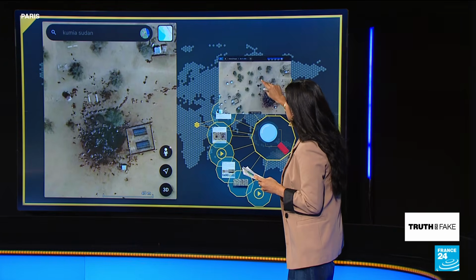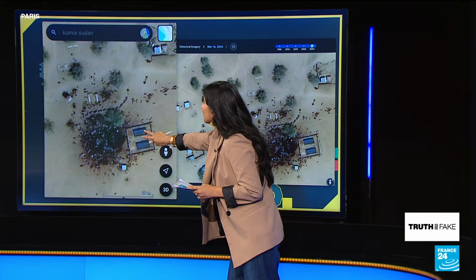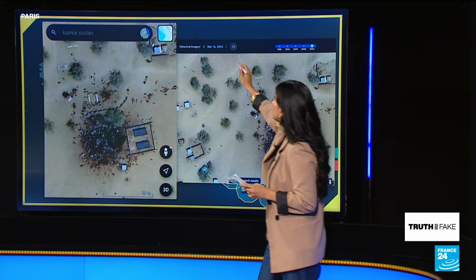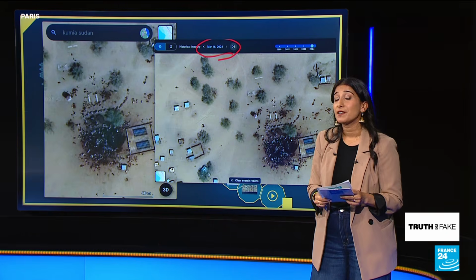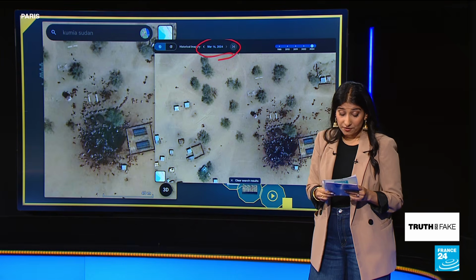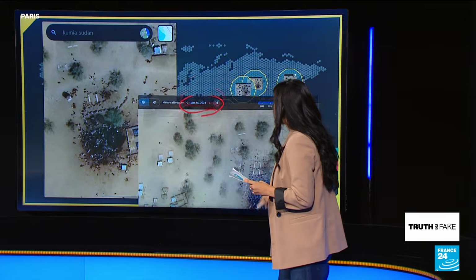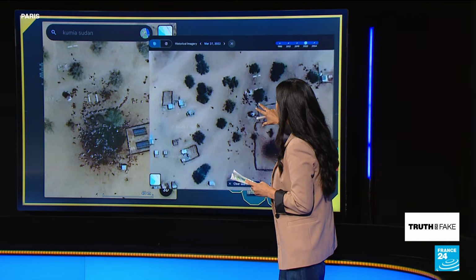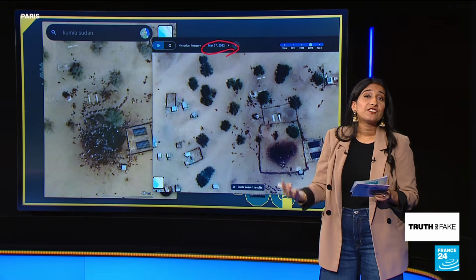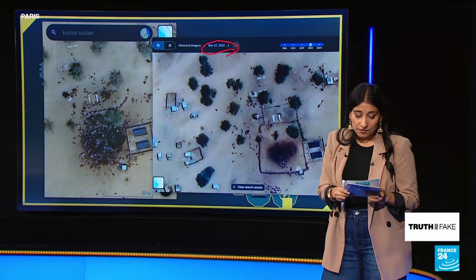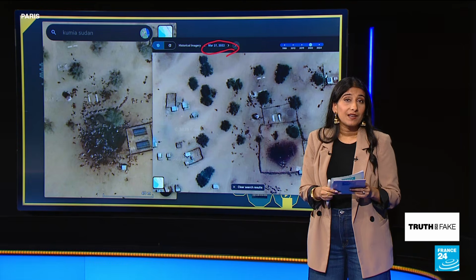That is because if we compare it to Google Earth imagery, we can see the exact same satellite image is visible on Google Earth dating back to the 16th of March 2024. So that's about a year and a half ago. So it is not new in any capacity. In fact, it goes back even further than that. That same image is also visible on Google Earth dating back to March 27th, 2022. So the location checks out. It is the date that is out of date, and it's also out of context. So what's being shared as a pool of blood actually isn't so.